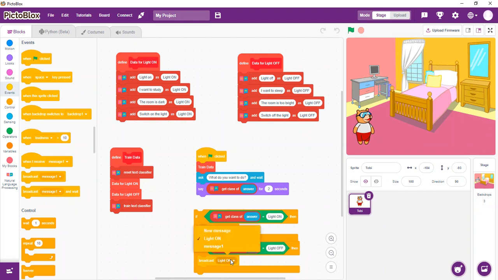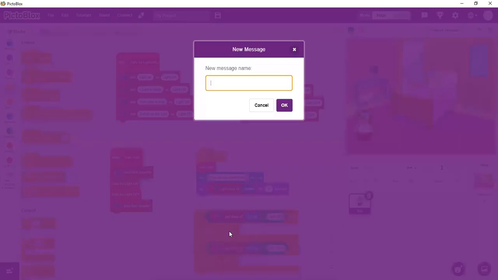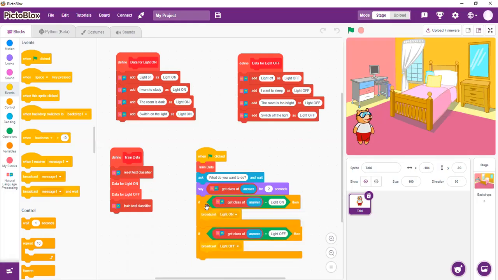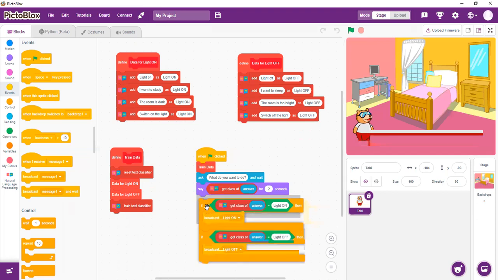Then we create a new message and call that. Okay. It says, what do you want to do? So I want to study. Type study. It says like, but